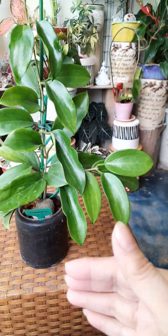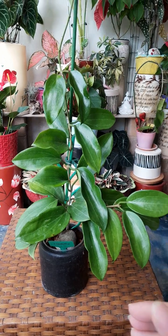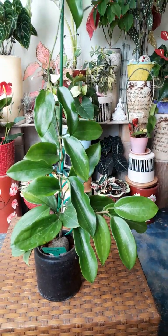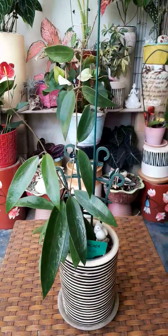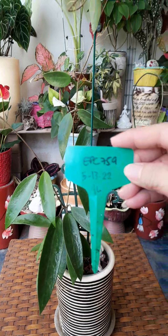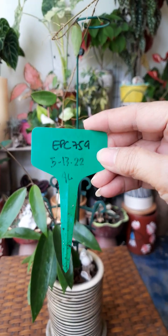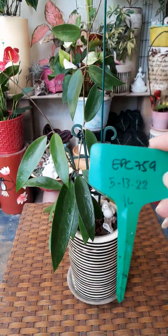Isn't she pretty? It hasn't bloomed on me yet, but I can't wait to see the flower of this one. Hopefully it's pretty. My next one is EPC 759. I got this on May 13, 2022. It only has 4 leaves,